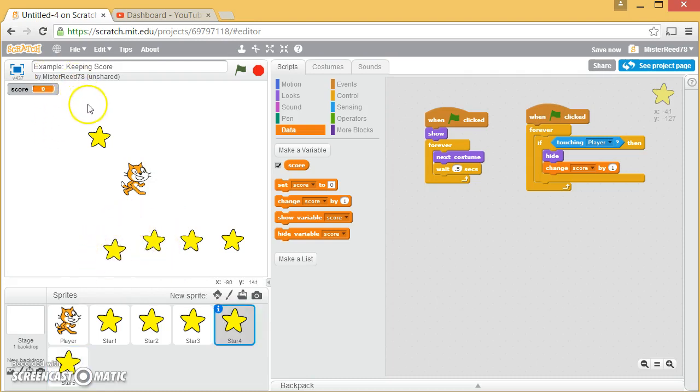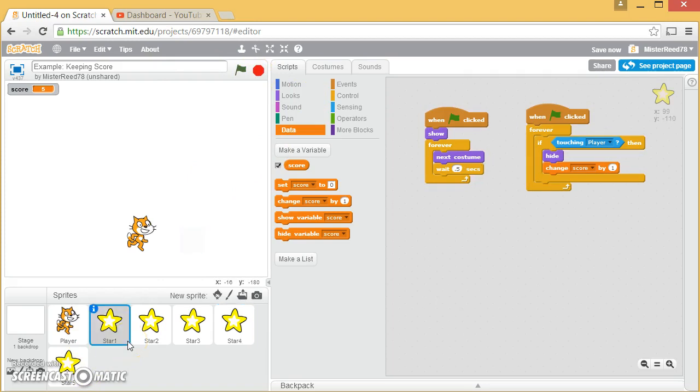all of these stars, not only did you duplicate their visuals, you duplicated their costume, and you also duplicated all their code. So if I click on each one of them, they all share the same code, and that code is awesome because it's waiting to be hit by the cat, or who we called player. So every single one of them, if you watch that score up here, every time that star touches a cat, that star hides himself and changes the score, and it's awesome. Now,